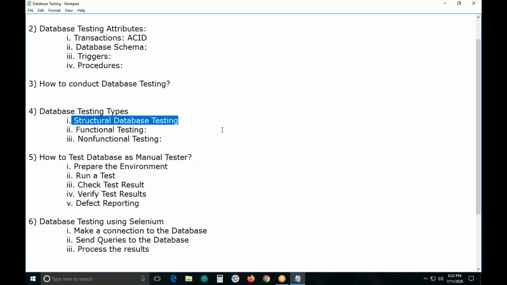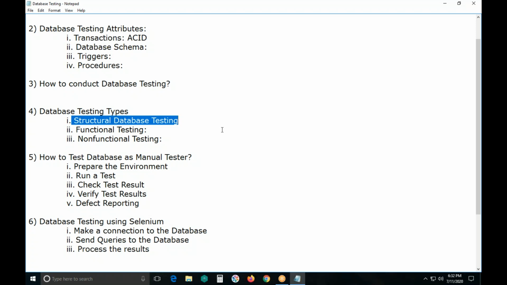Structural database testing involves verifying components of the database which are not exposed to end users. It involves all the components of the repository which are used to store the data and are not changed by the end users.